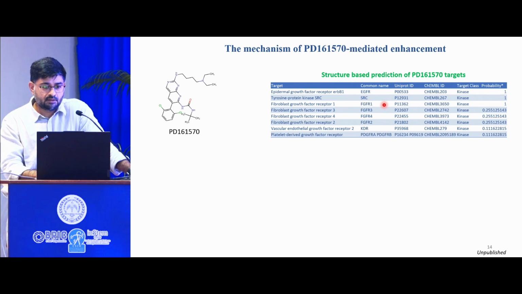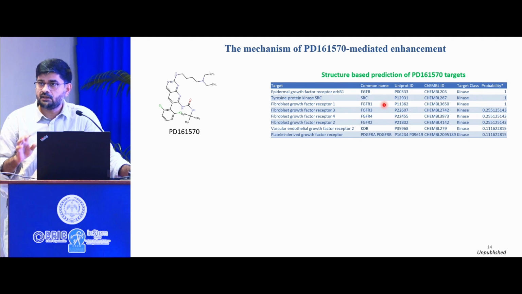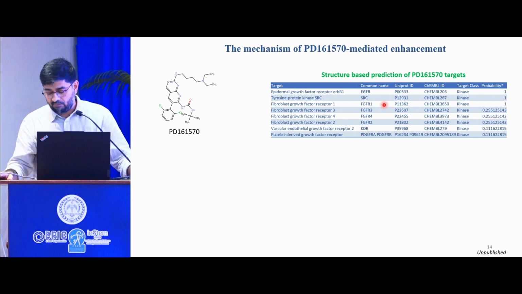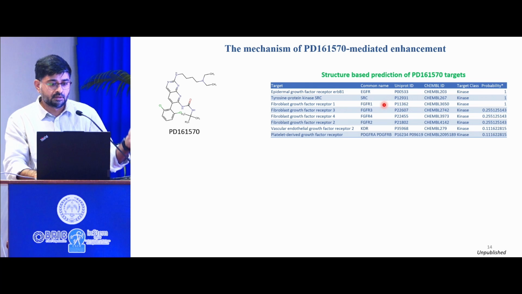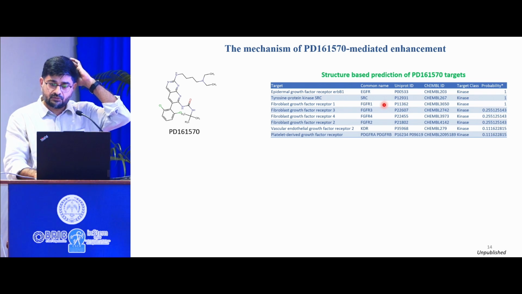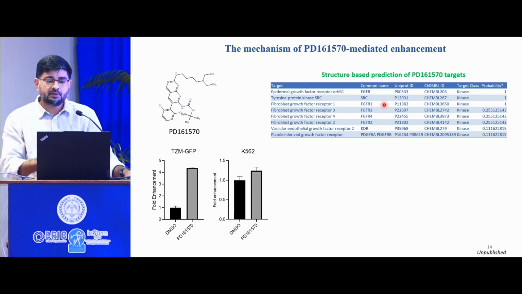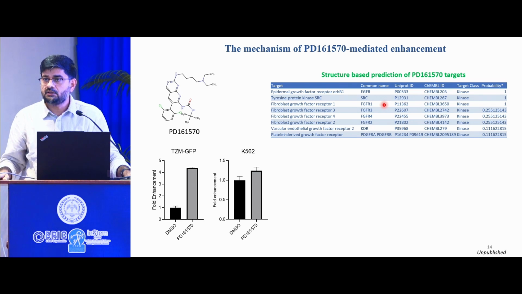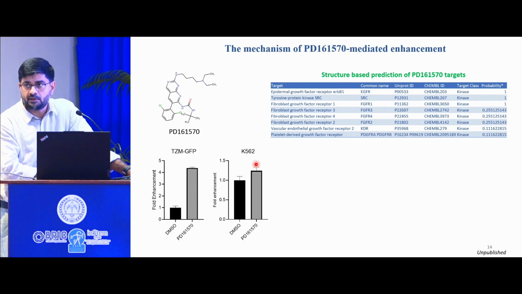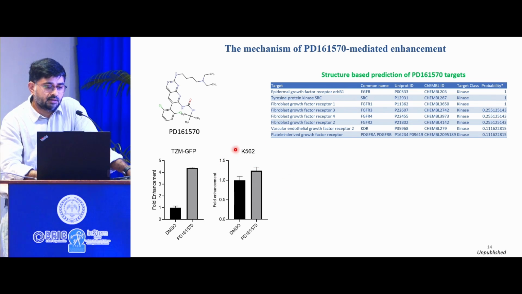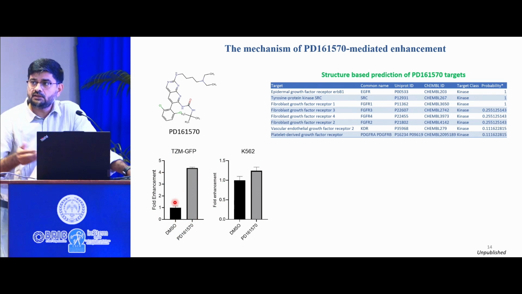But it was too many to screen, so I asked my student, because this compound should not be working in anything and every cell type, right? So I told him, and the PhD student, a brilliant student who is currently doing his postdoc in Carl June's group, came up with a cell line that was not responding to the transduction enhancement by PD-16, and it was the K562 erythroid leukemia cell line. When we incubate with this compound, there is no significant enhancement of transduction, and we had a system where we could see the transduction enhancement.